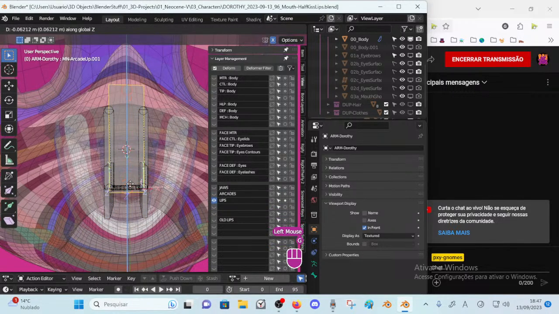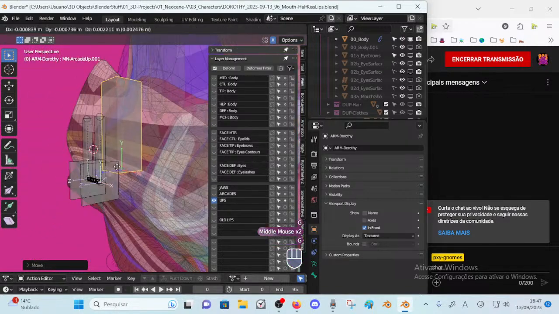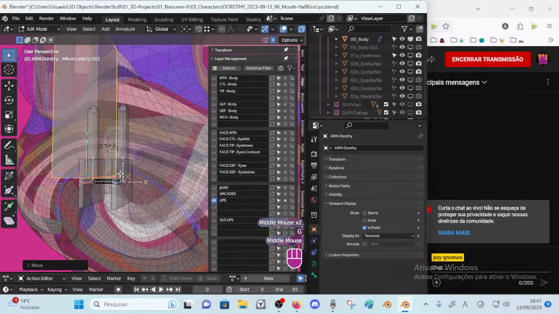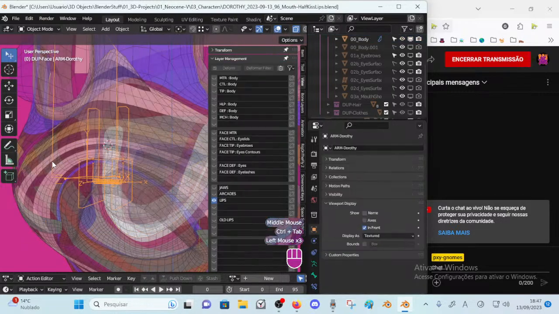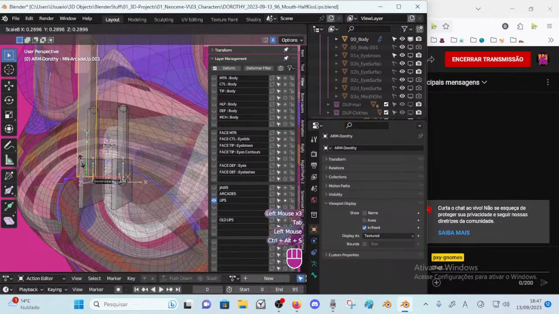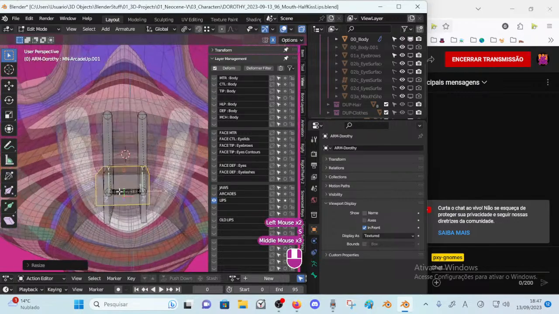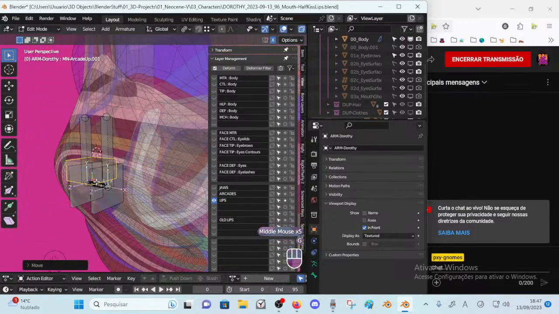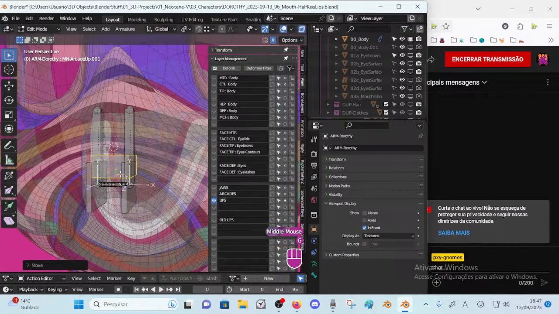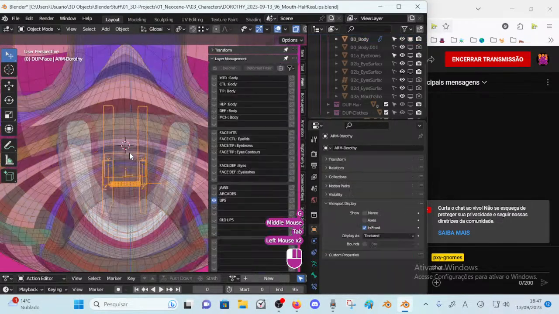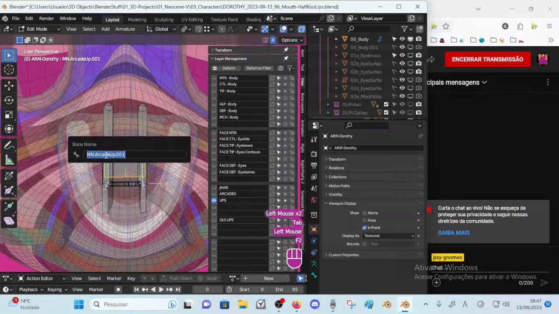Yeah, let's just get somewhere like here so it doesn't... Alright, so then the name of this bone doesn't need to be that. This one at least doesn't need to be. It will be main lips up,